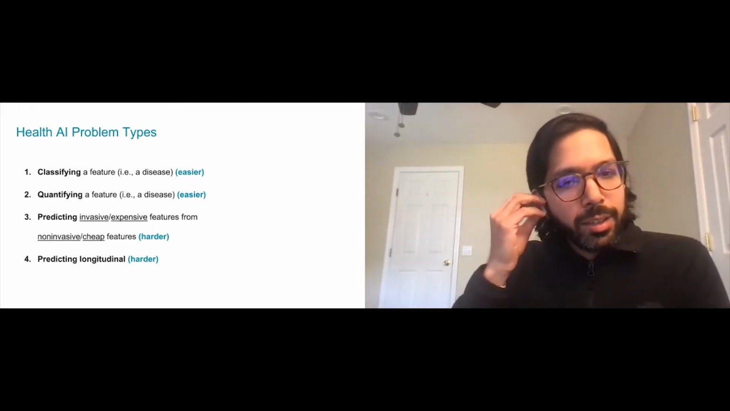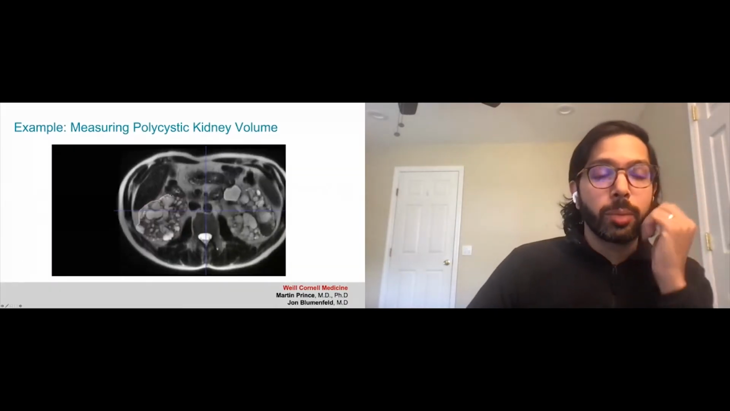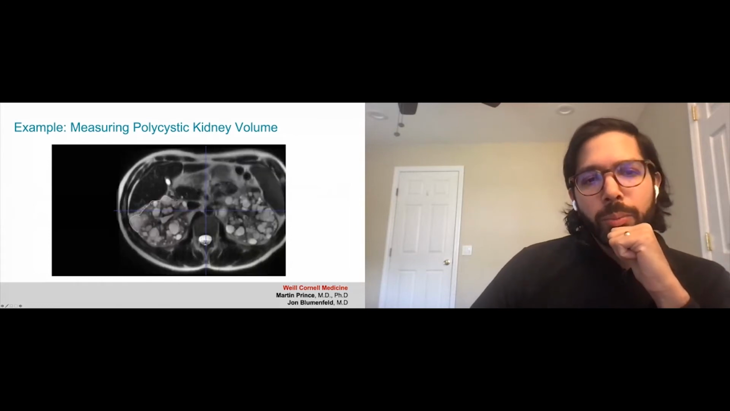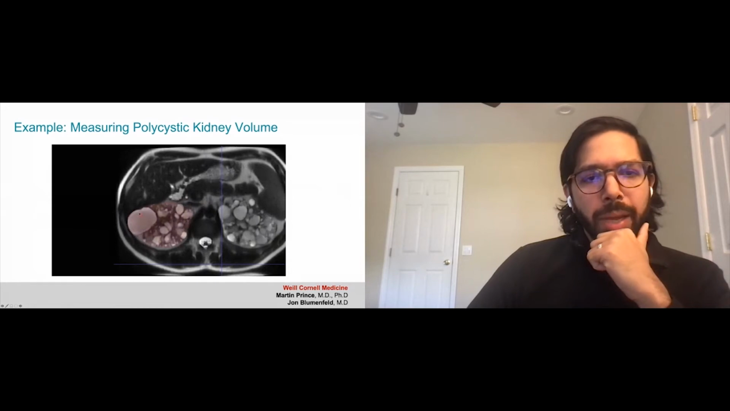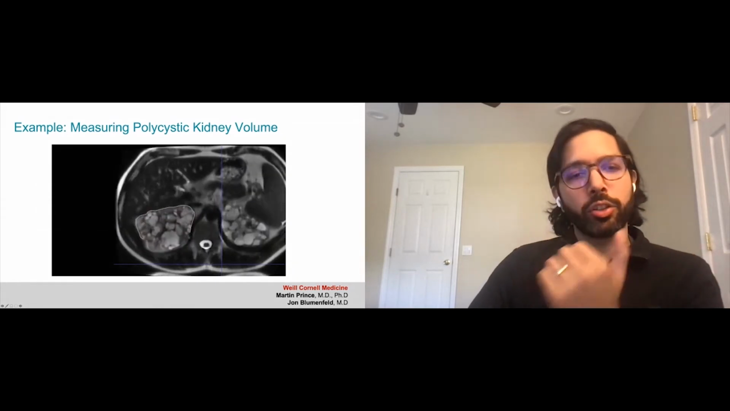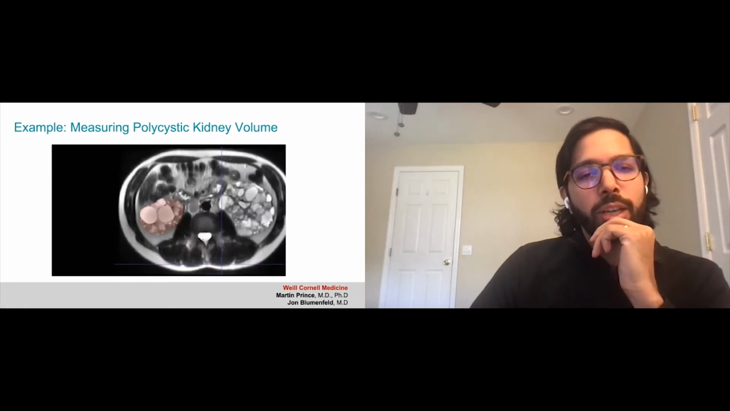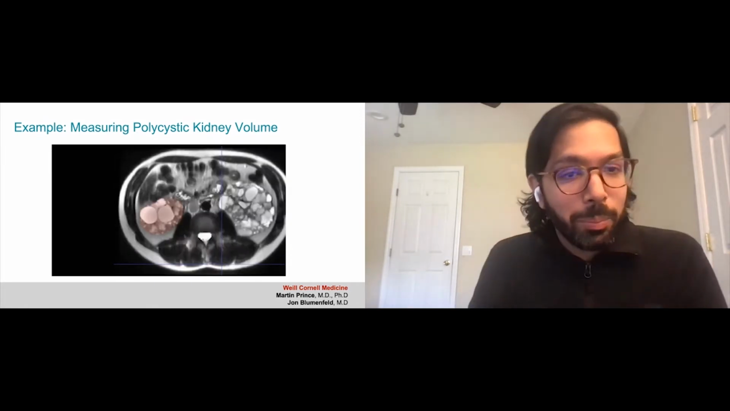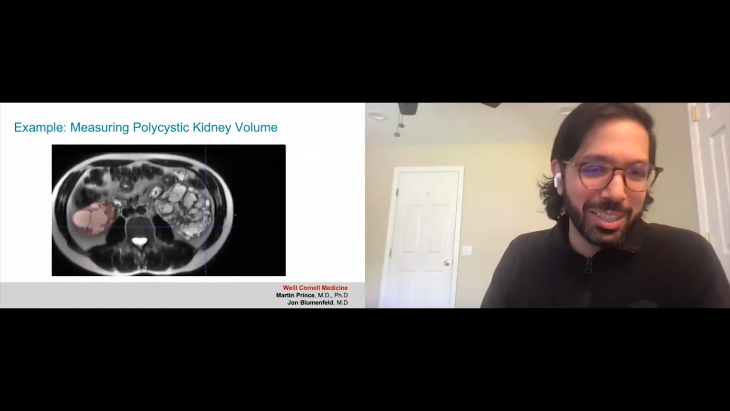So I want to end with looking at an example of a project I worked on at Cornell during my fellowship, which is measuring polycystic kidney volume. So here is an MRI of a patient. The patient's lying down on their back, and just imagine that their feet are towards you. So this is their right kidney being annotated in red. Their left kidney is going to be annotated in green. This video is sped up by 20x,